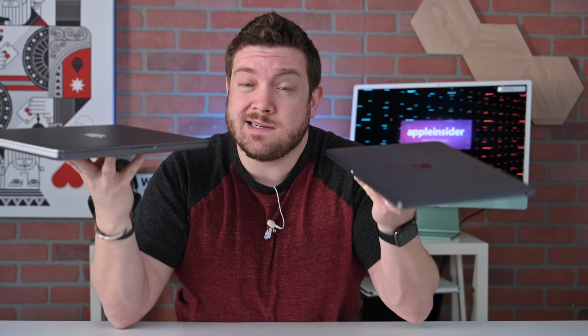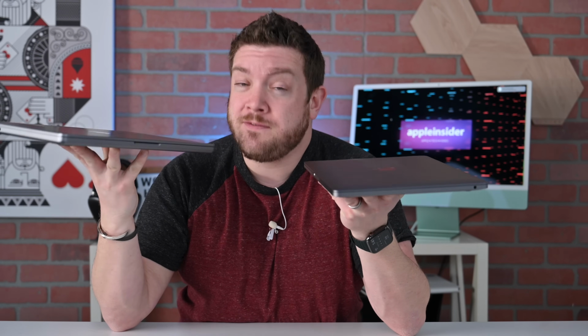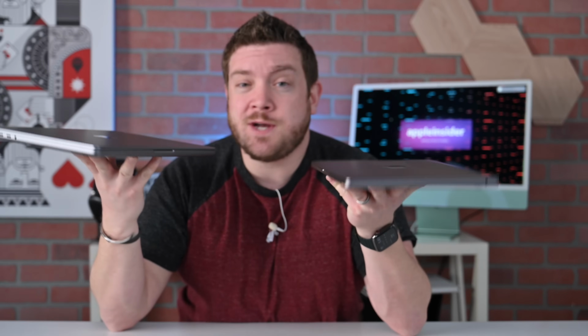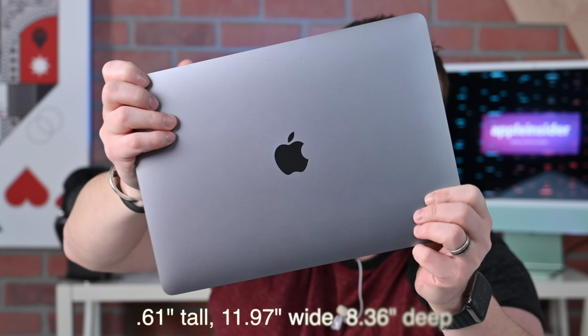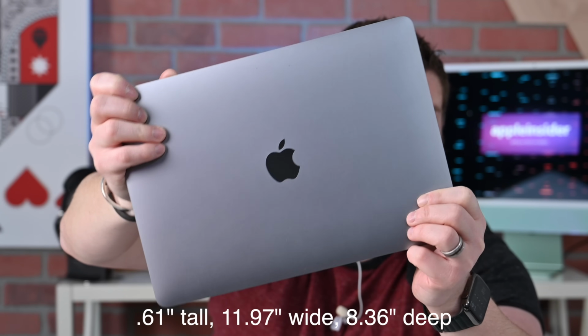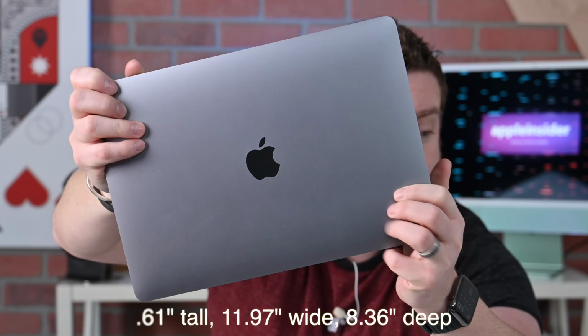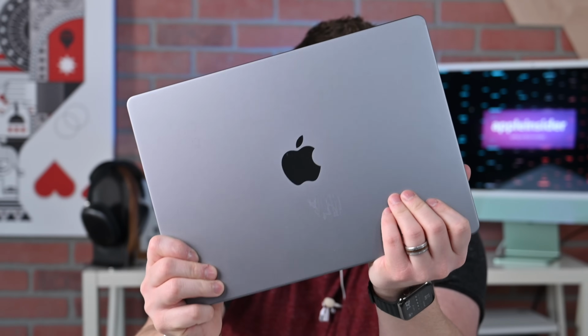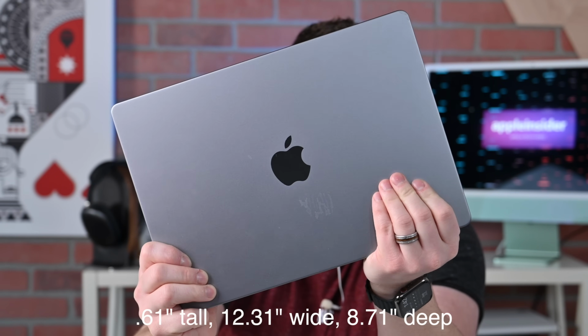But what about weight? What about the fact that the 13-inch MacBook Pro weighs less and is more portable than the 14-inch MacBook Pro? Let's look at these dimensions and the weights, including the two different chargers. The 13-inch MacBook Pro measures up as 0.61 inches deep, 11.97 inches wide, and 8.36 inches deep. Let's compare that to the 14-inch MacBook Pro. The 14-inch MacBook Pro here is measuring very similarly at still 0.61 inches deep, 12.31 inches wide, and